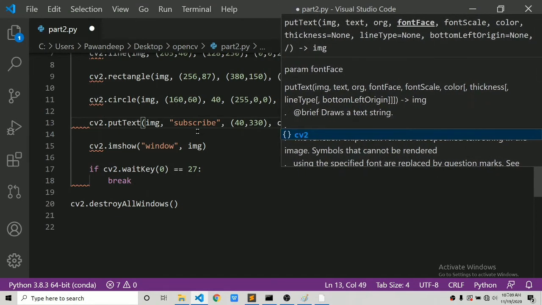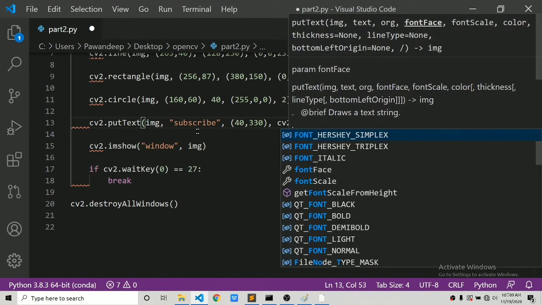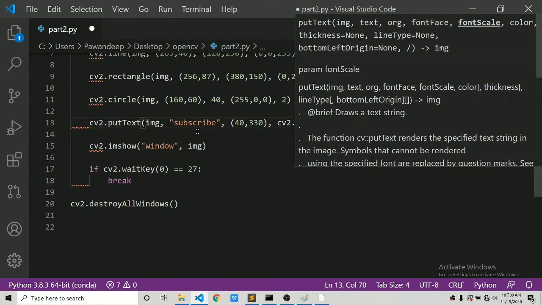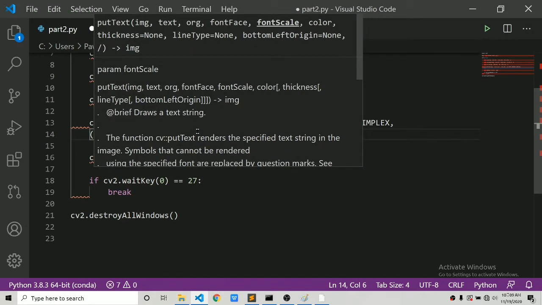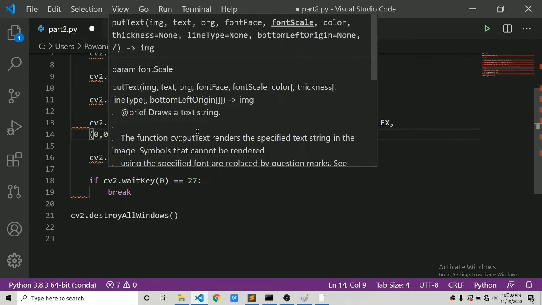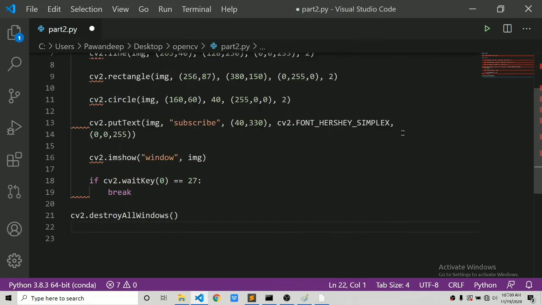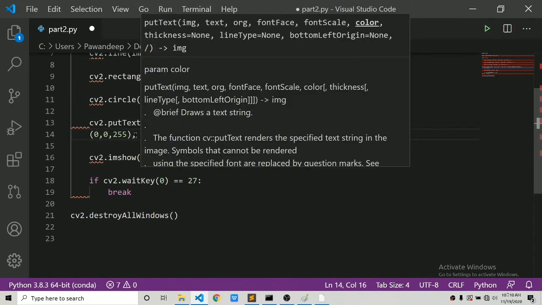So you can say cv2.FONT_ and you have the choices of Hershey Simplex, Hershey Triplex, italic, and a lot of other fonts, so we'll just use simplex. And then, my mistake, after the font you have to choose the font size, let's say 2, and then the font color, let's say red, BGR, and then the thickness of the font, let's say 2.